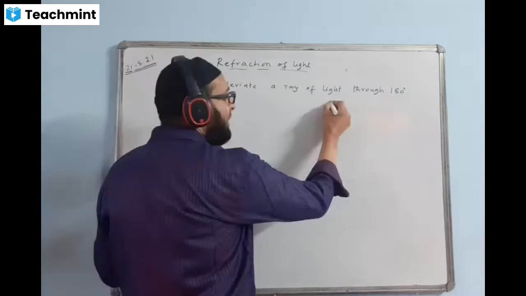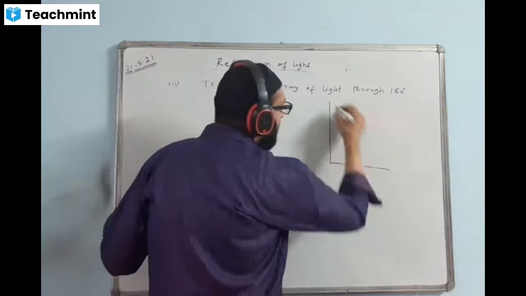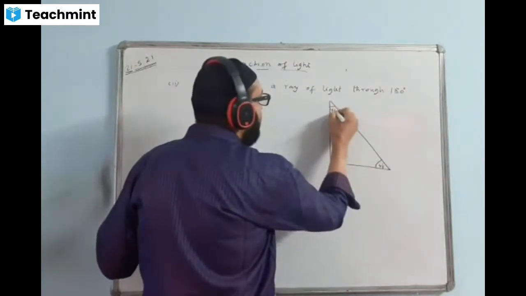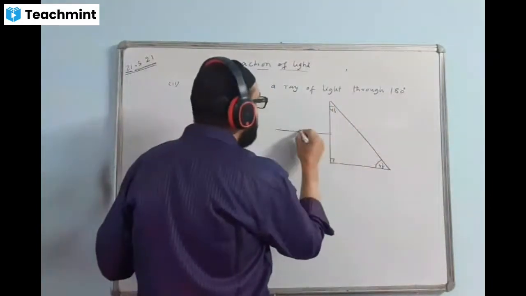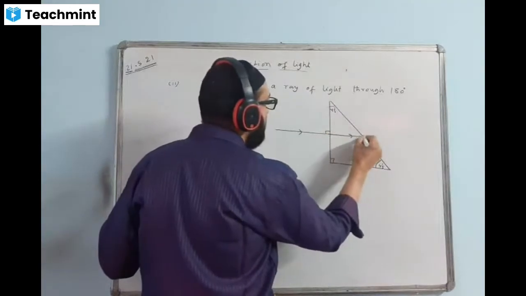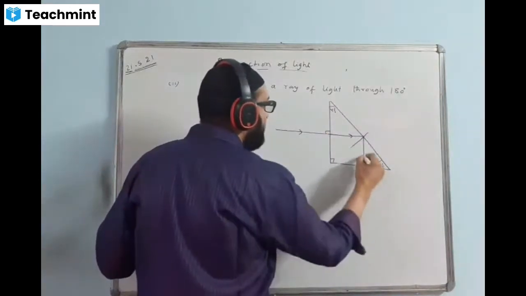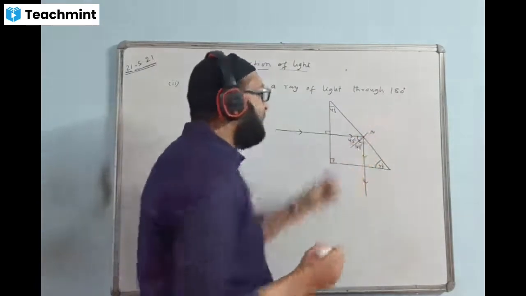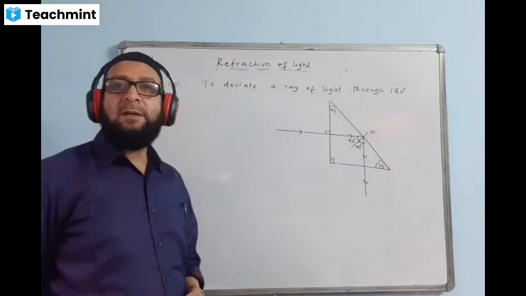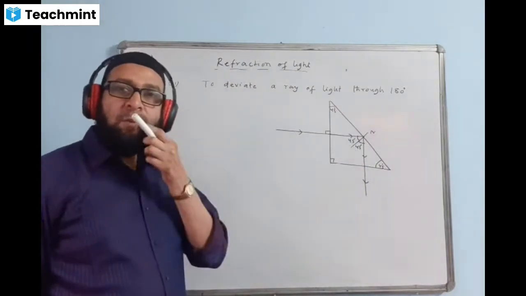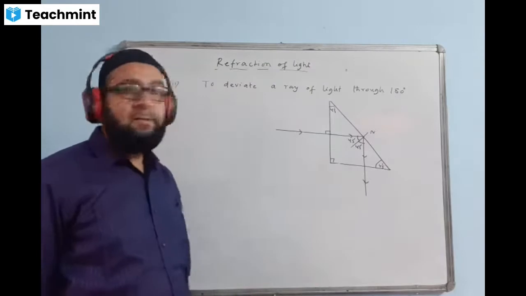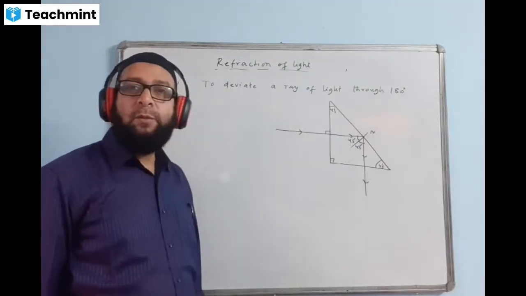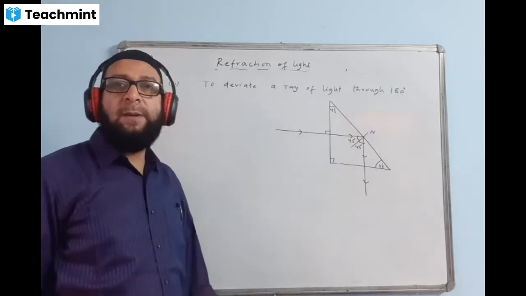Now, if you remember, last class I taught like this. There is a prism with a 45 degree angle. A ray of light coming like this at 90 degrees will go straight, and here it will bend through 90 degrees like this. 45, 45 degrees. Don't copy it again because you have already done it. Just understand. We have done this diagram, and I told you this action of the prism is used in the periscope.